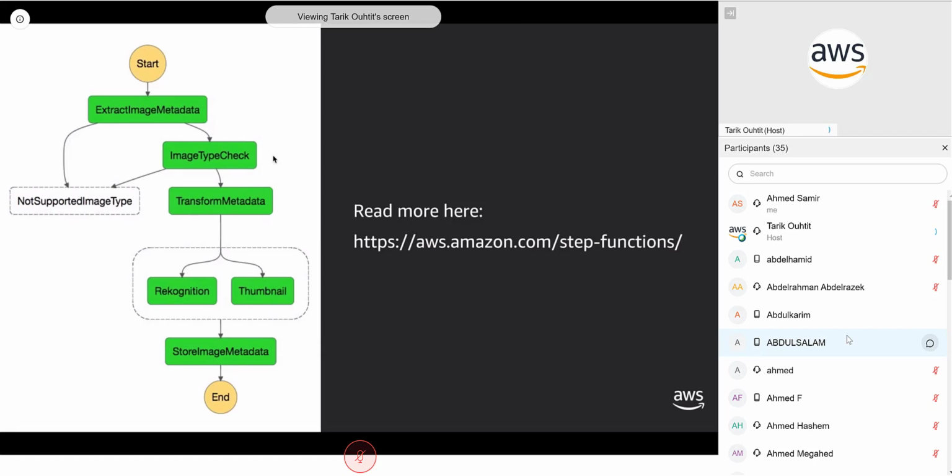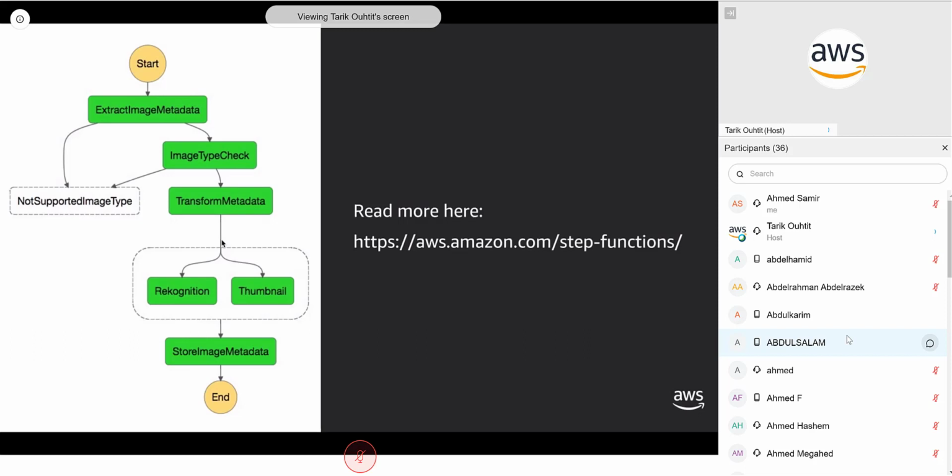Imagine the scenario where we wanted to receive images from our users, our customers, and we want to extract metadata from those images. As a developer, it would be super tempting for me to write this all in my application. Things like extract the metadata from the image, check whether the image is a supported image type. Maybe we only support JPEGs. Take out the metadata from the image. So, the camera type, the focal lens, etc.